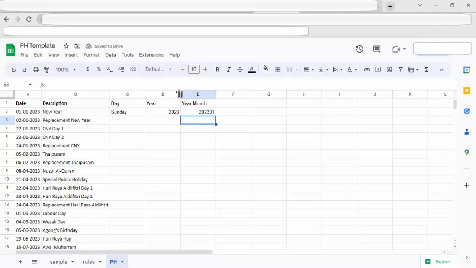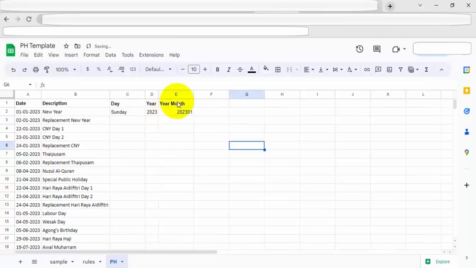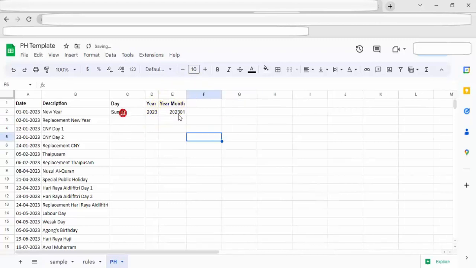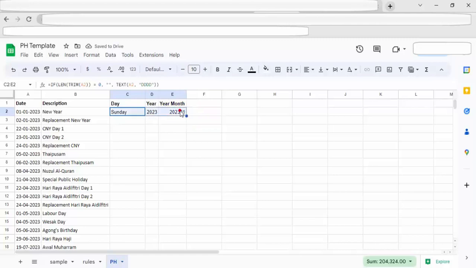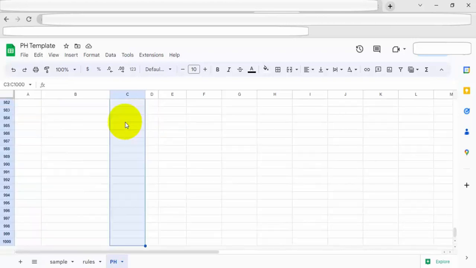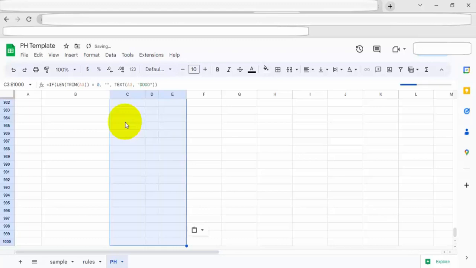So from here I'm going to do this. Copy like this, then I just press Control Shift Down arrow key, and Control V to paste all this. Okay, done. So that's all. Just wait for the loading to finish, and then you'll see over here